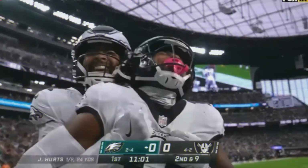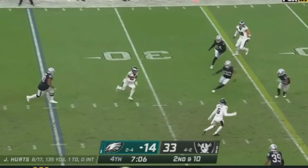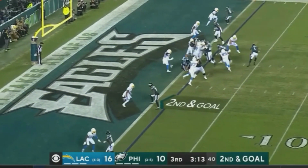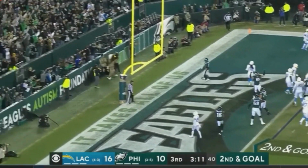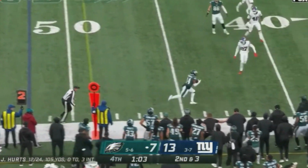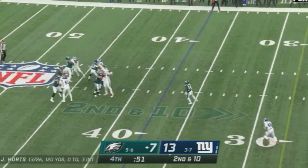But that doesn't stop Kenny Gainwell from emerging as a clear leader in that backfield, as Miles Sanders, who is obviously not trusted with the high value targets in the red zone like Kenneth Gainwell is, because Miles Sanders has notoriously shied away from contact and gotten hurt every year, or he shies away from contact because he gets hurt every year. So I love me some Kenny Gainwell,